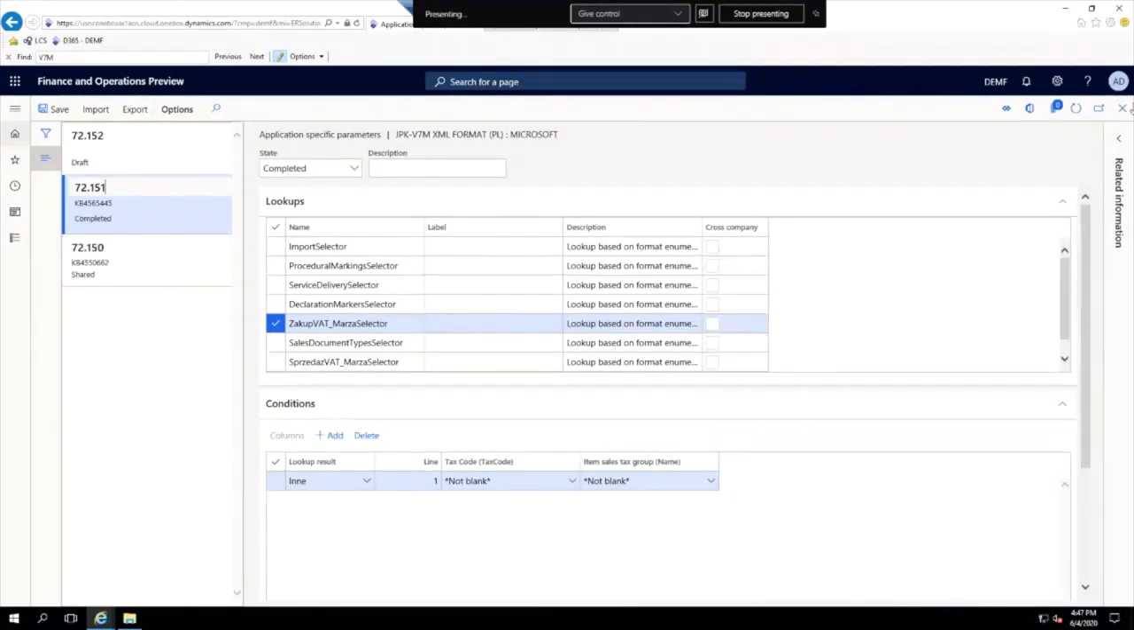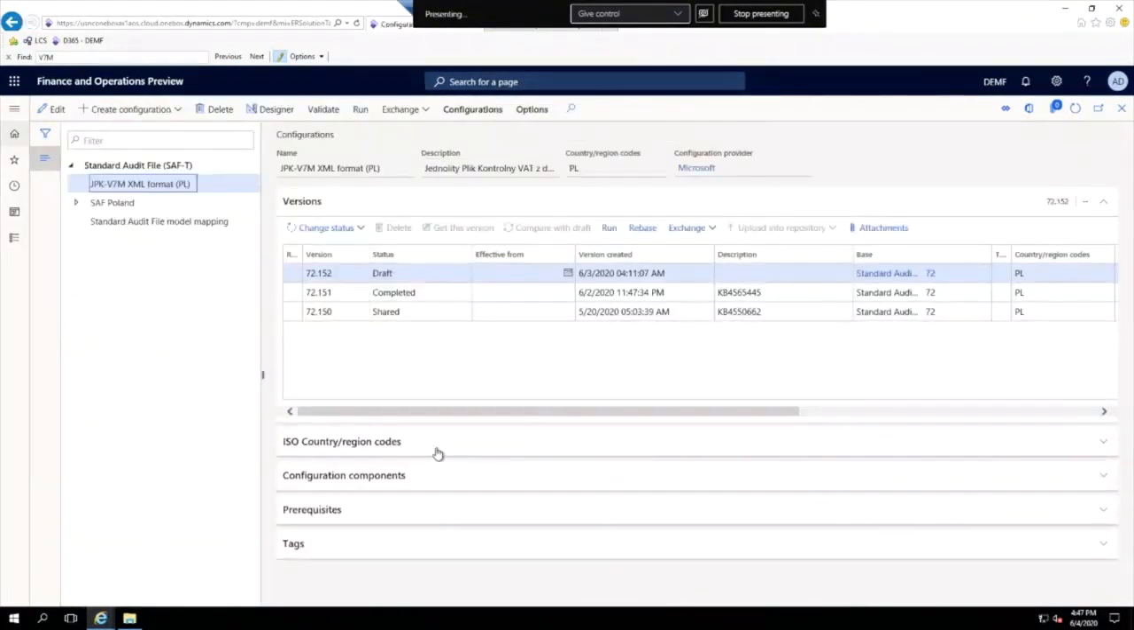Okay, now we are done with our application-specific parameter setup. We assume so, at least. And when we have completed this setup, the electronic messages functionality will also need to be set up. And first of all,